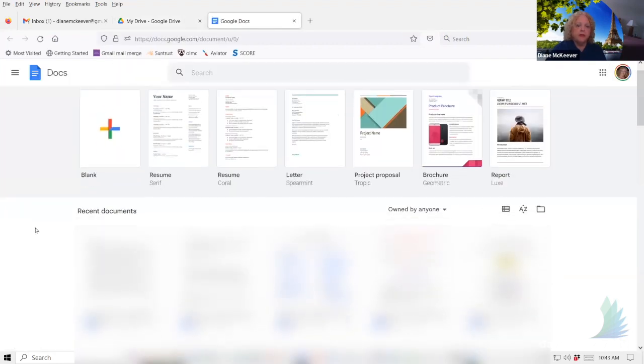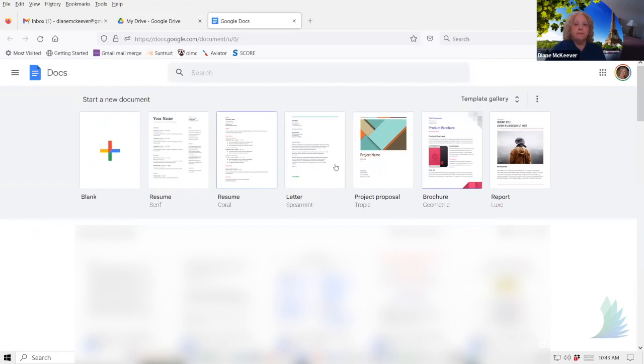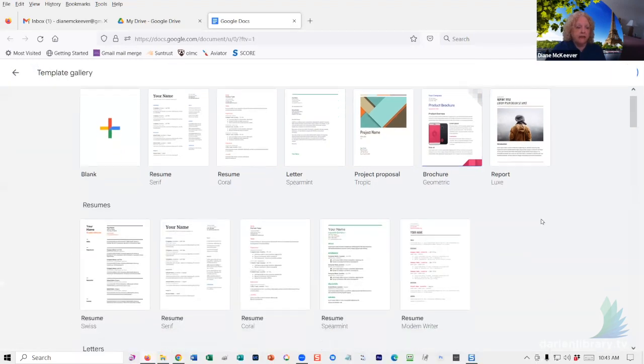It always shows me some templates. These are templates across the top. So if I wanted to do a resume, oh goodness, I don't want to do a resume. I might start with that, or a project, or a brochure. You can see that there's all kinds of, lots of